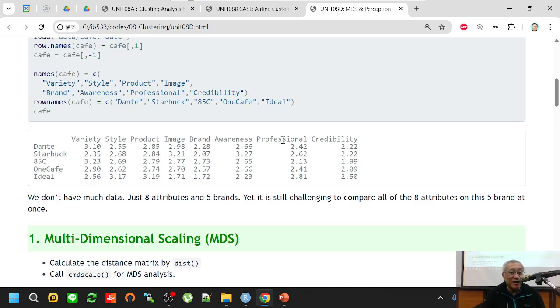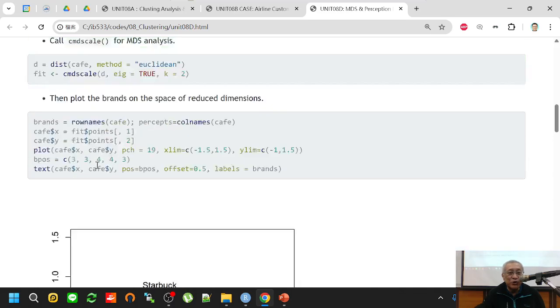So this data is, I believe, already from a lot of surveys. For example, they survey like 500 consumers, and then they already average the numbers, right? So every brand has 8 aspects, and this data is the score, right? And actually, you can use